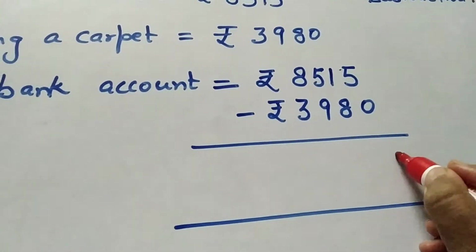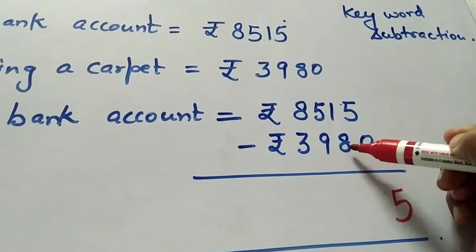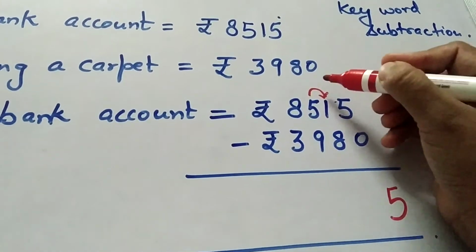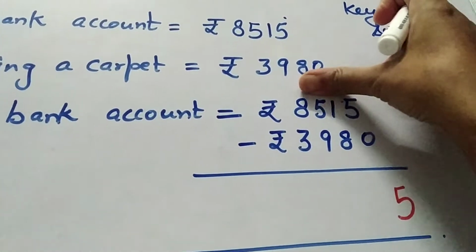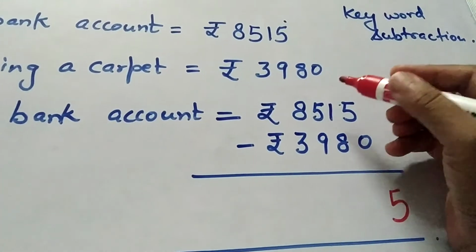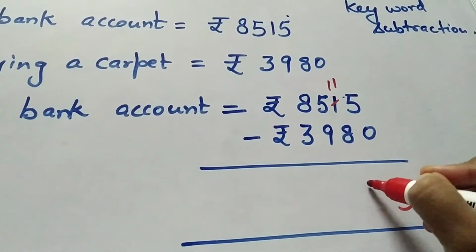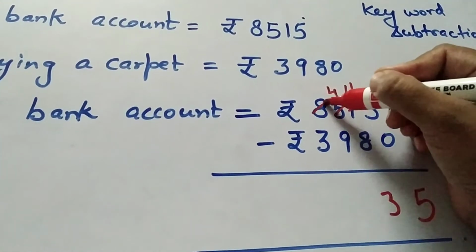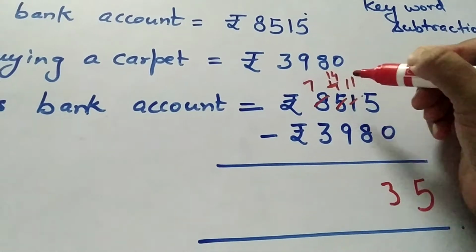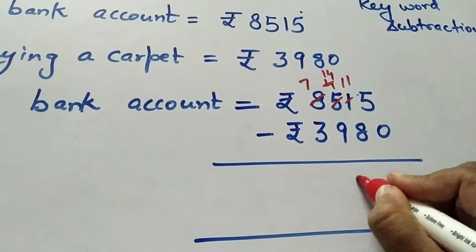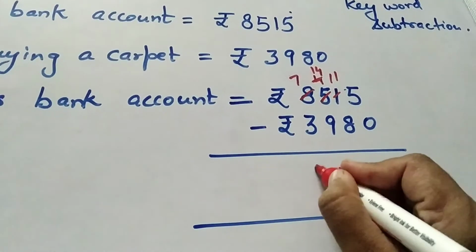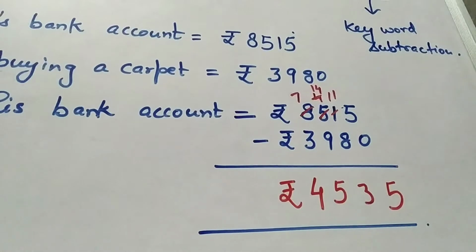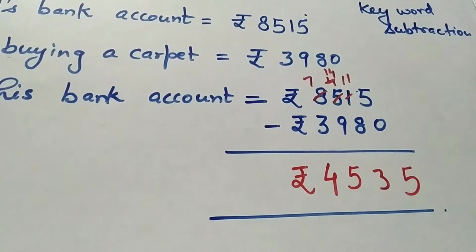Five minus 0 is 5. From 1 I cannot subtract 8 because 8 is greater than 1. So I will go and borrow from here. So it becomes 11. Right? I have explained you the complete procedure in the previous exercise. So it became 11 minus 8, 3. Became 4. From 4 I cannot subtract 9. So again borrow. It became 14. 14 minus 9 is 5 and 7 minus 3 is 4. And rupee sign, because we are talking about money. So rupee sign is also important.